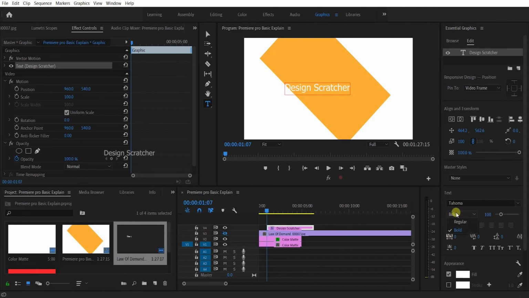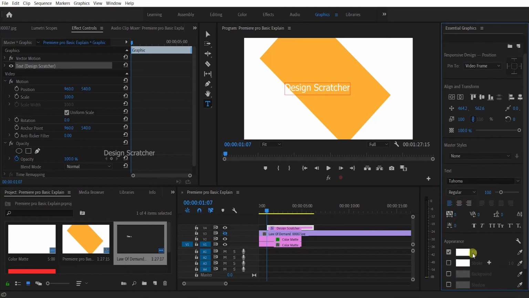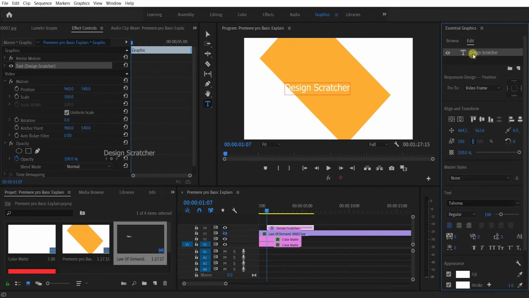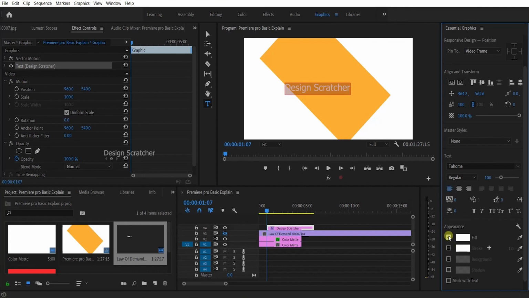If you want bold, regular, everything here only, and fill, that apparent color will be fill. Disable, enable, everything here only. Then stroke also, if you need it, first double click the selection, then the stroke will be added. Added for the stroke also if you need this.